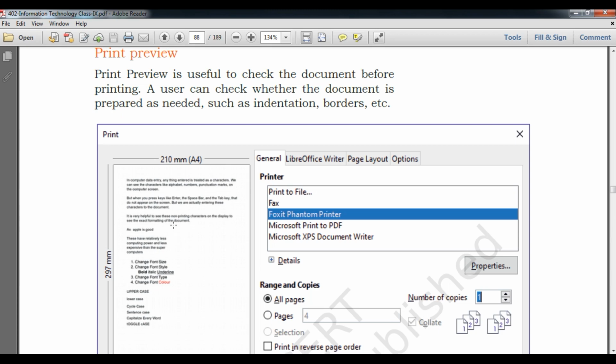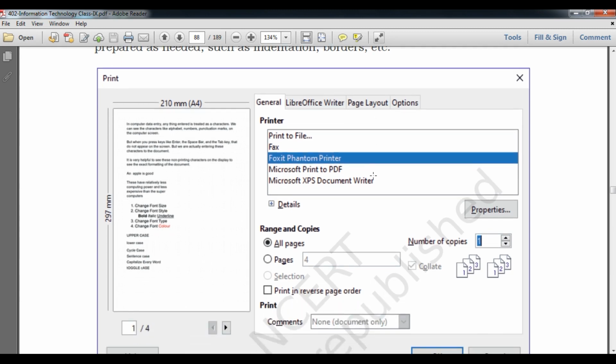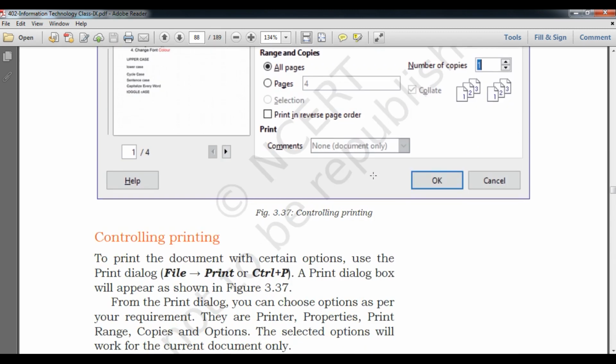In this, the preview will show you how the content will look before printing, and it will show you the indentation, border, etc. Indentation means the gap between the paper edge and the writing edge, and border means a line, designed in the form of vertical and horizontal lines, at the edge of the pages.